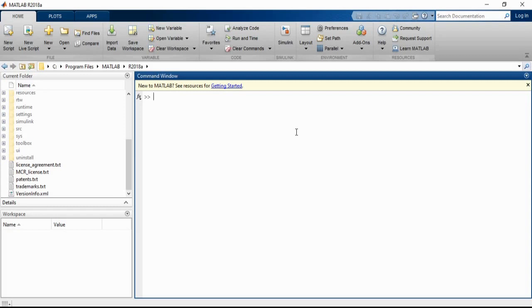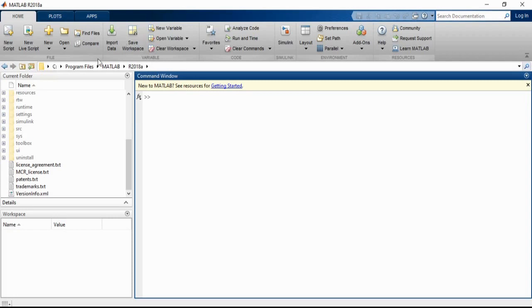So now if we want to create a vector or a scalar, let's say for example we already discussed the scalar. Scalar is a single value, so we will first see how we can create the scalar. We just have to define the variable, or write the instruction. As I told you in the last video, we can write instructions or define variables in the command window, or otherwise you have a dedicated editor to write a separate program in MATLAB.